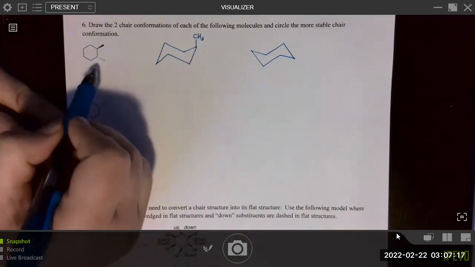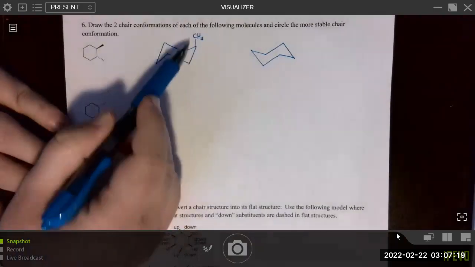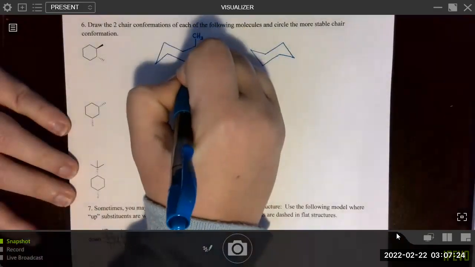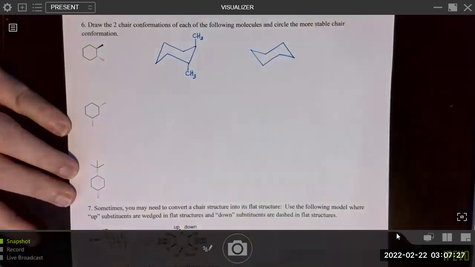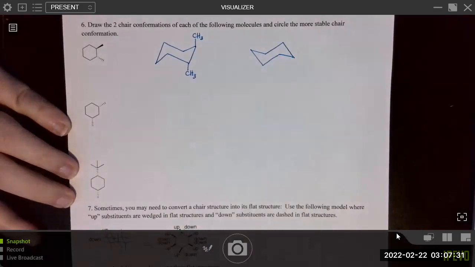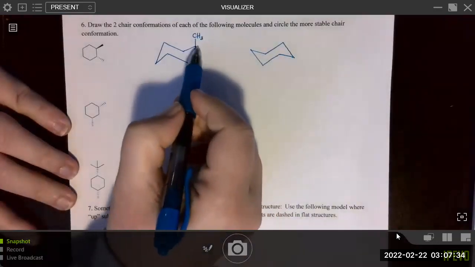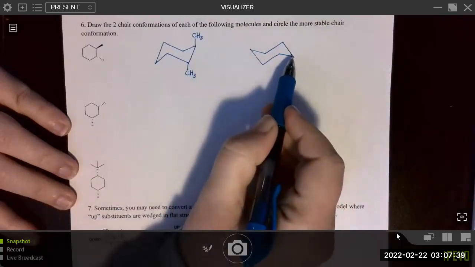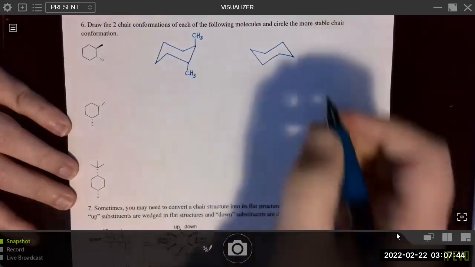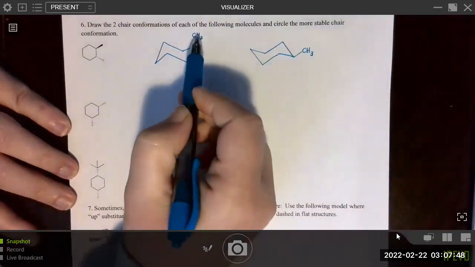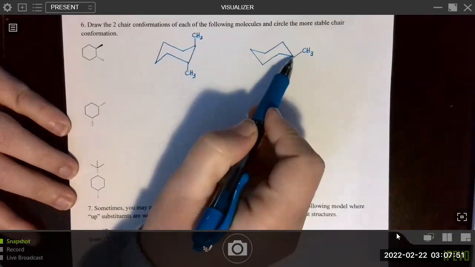So this needs to be in a down position. At the carbon that's one clockwise from it, the down position is also axial. So we have up in axial and down in axial. And then when we ring flip, this carbon that's pointed up will flip down, so it ends up being this carbon. The methyl group there needs to remain up, but it does change from axial to equatorial. So we'll change this methyl group from axial and up to equatorial and up.